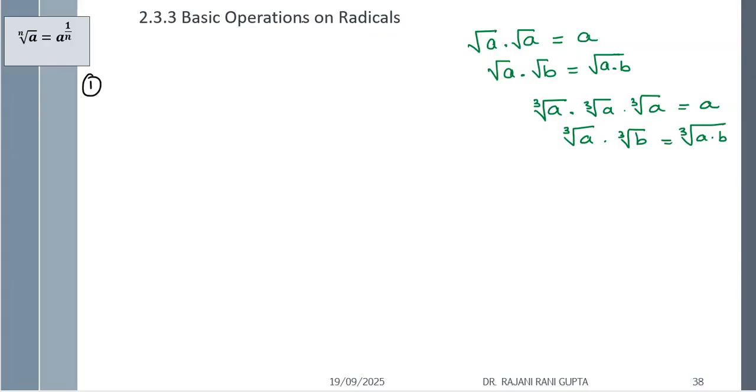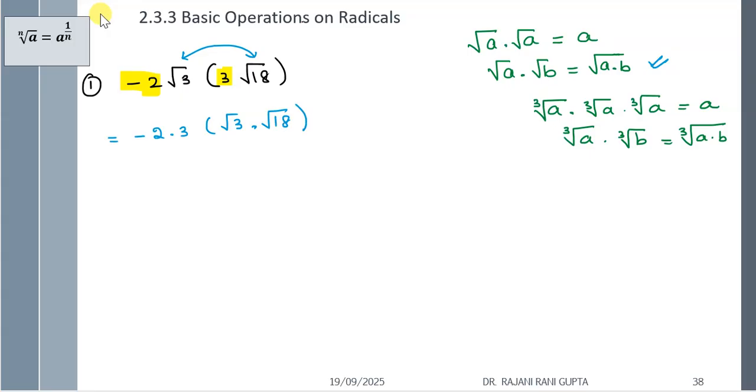Suppose you have minus 2 square root of 3 multiplied by 3 root 18. So how do you work with it? Here you multiply number with number and the number inside the root with the numbers inside. This minus 2 and 3 are outside the root sign, so you write minus 2 times 3, and for these two terms, root 3 and root 18, we will use this rule. Let me write first root 3 times root 18. So you can write it as minus 6, and this term you can write as root of